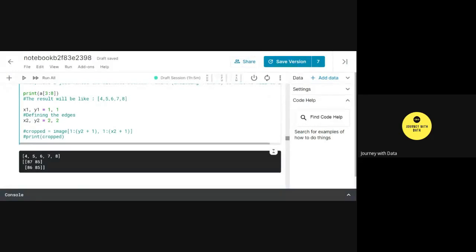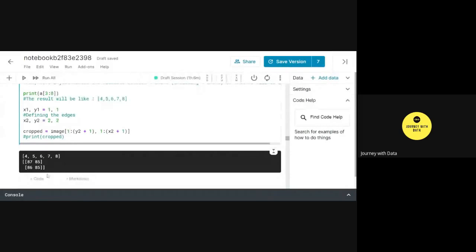Now to crop an image, if you notice here, just define the edges: x1, y1, x2, y2, edges as in the section of the area, the subsection that I want to crop from the image. I'm just defining that, and then simply providing the indexes, starting from the starting coordinates and the ending coordinates.